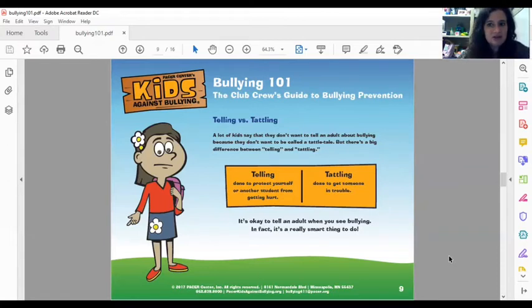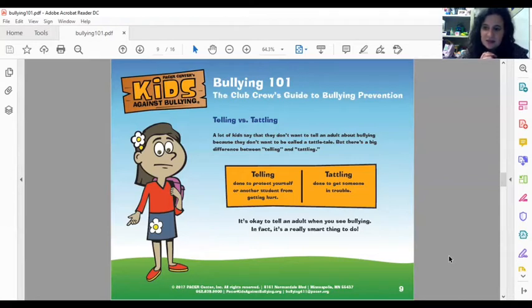So in that situation, I knew it was tattling because he was just trying to get this kid in trouble because he wasn't supposed to sit next to this kid. And so that's why he was tattling to try and get the kid to be moved away from him. So that's probably the biggest difference. Of course, we have like simple examples, like Miss Burns, he took my pencil. That's probably more tattling, especially if you have other pencils.